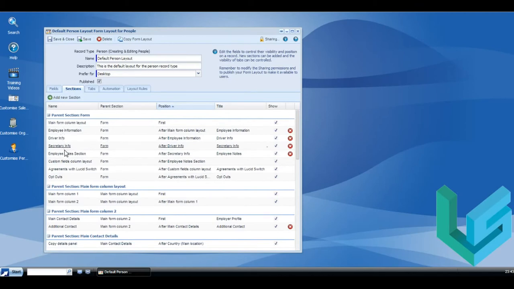We can also create other sections within sections depending on what your requirements are, but we can get into that